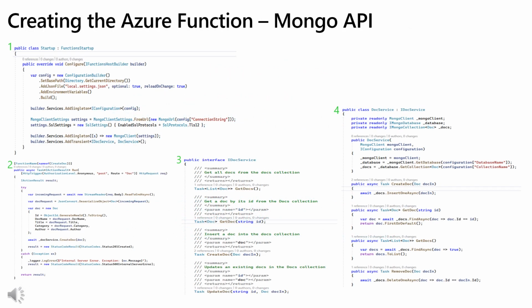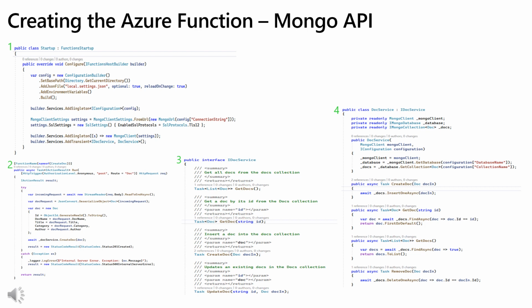CosmosDB Connector does not have support for the Mongo Wire Protocol. Here's a quick way to allow support for the Mongo API for Logic Apps and Power Platform. I've chosen to use an Azure function to expose an API that can provide CRUD operations for the Mongo Wire Protocol. In block 1, I have the configure function in which I create a singleton for the Mongo client, which